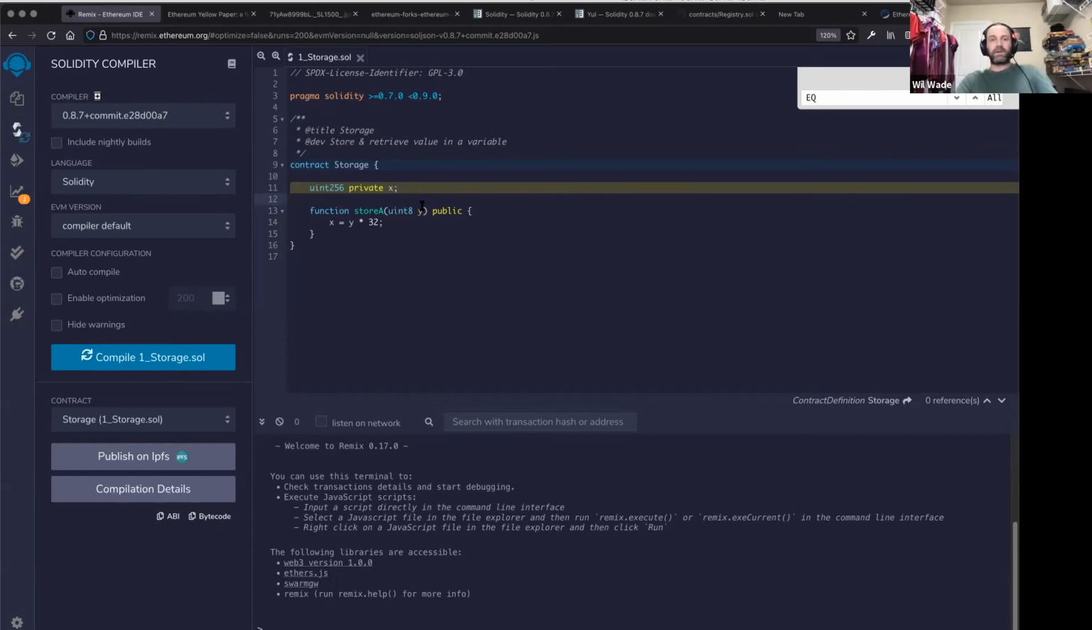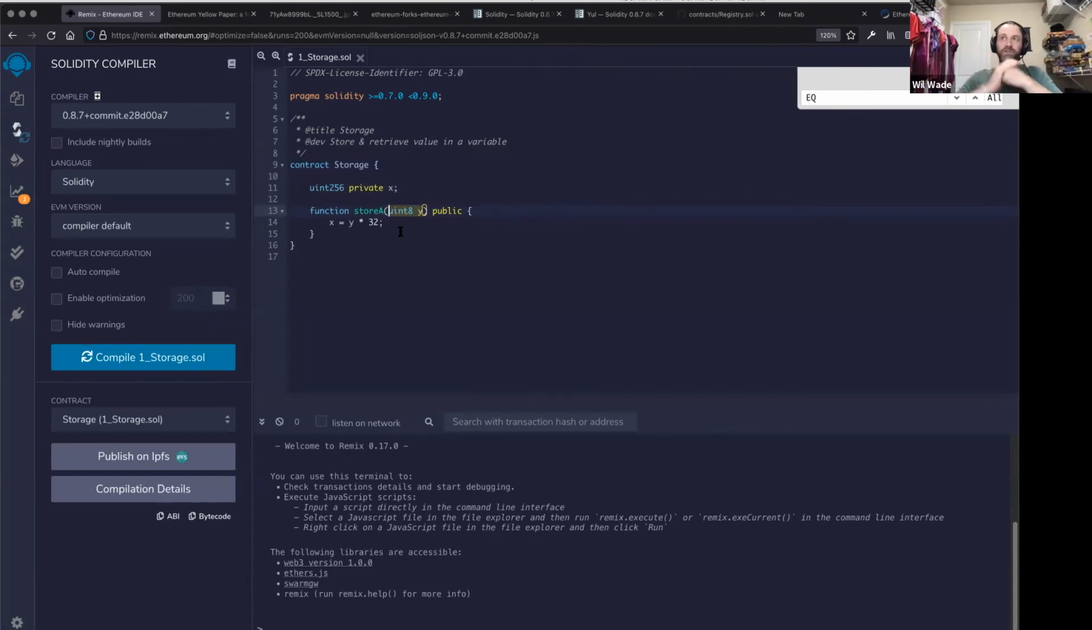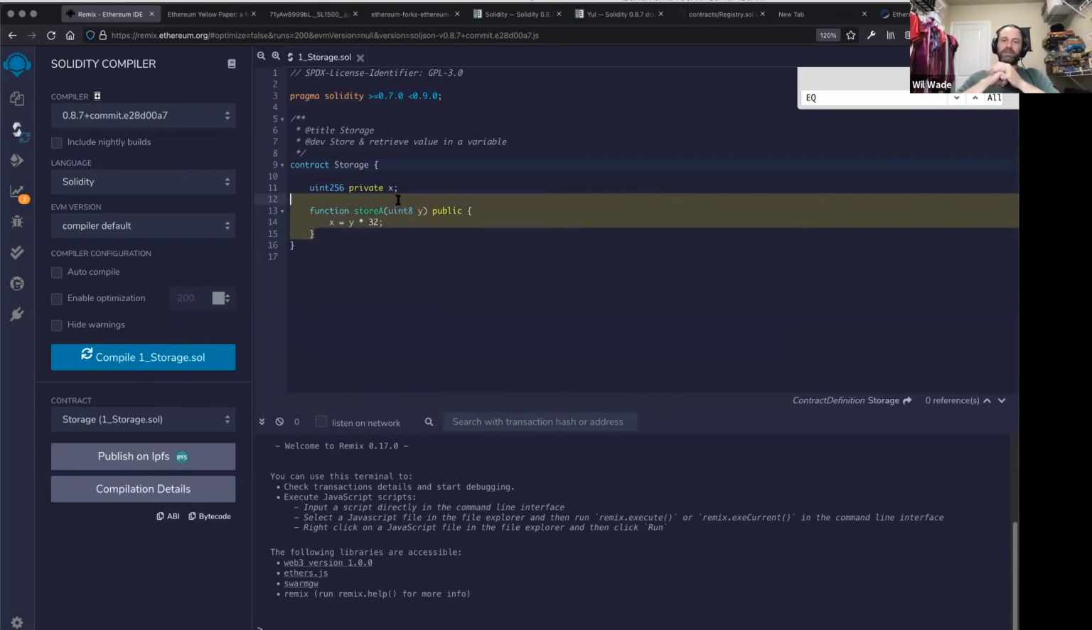However, this Y value here that's coming in to the function is also stored. So this is called data storage. This is the data that you call the function with. Because the blockchain, in the case of Ethereum, allows you to validate every node out there, of which there are about 9,000 or so last I checked, and when someone calls store A on this smart contract,